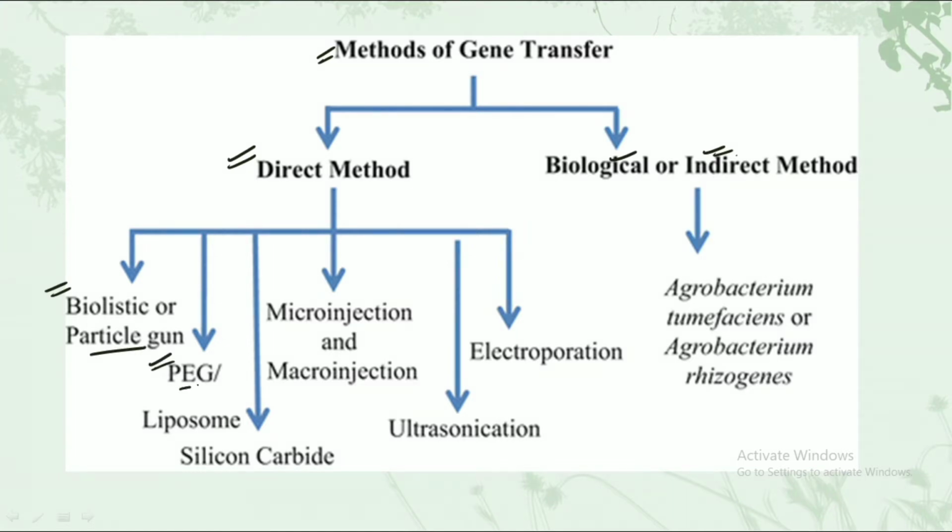The next one is PEG or the liposome. The third one is the silicon carbide. The next one is the microinjection and the macroinjection. Then we have the electroporation and also the ultrasonification. And when we look at the biological or the indirect method, the main method that is applicable is the agrobacterium